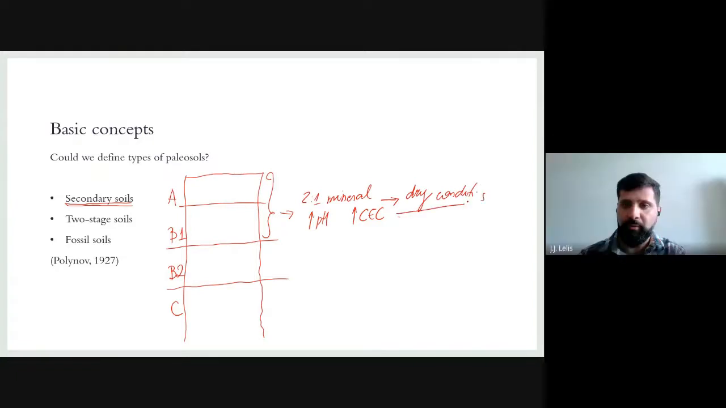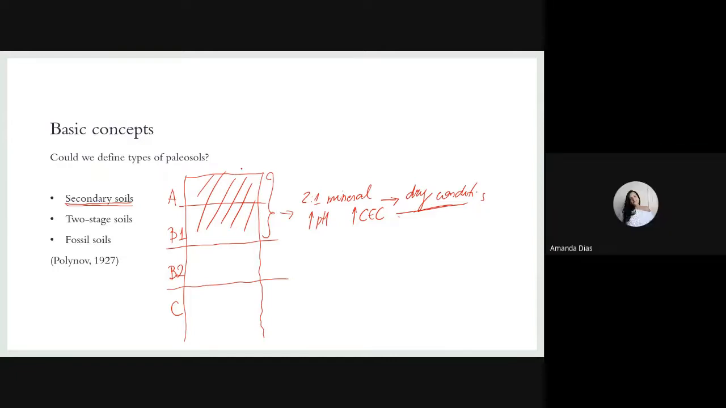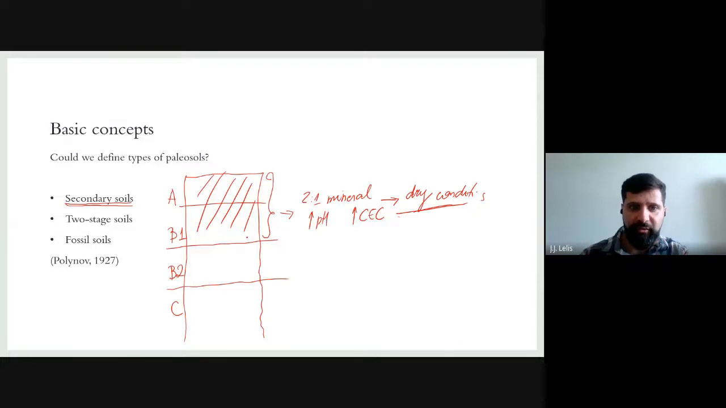Okay. So we formed these horizons in a specific stage of weathering. That's very incipient weathering. They formed in specific climate conditions. And these ones,